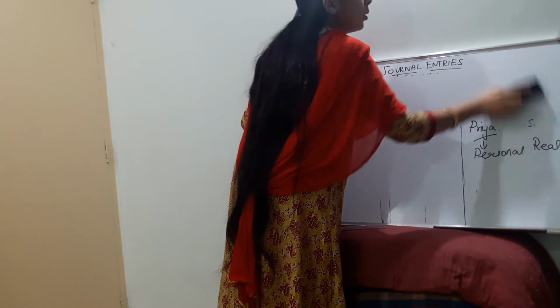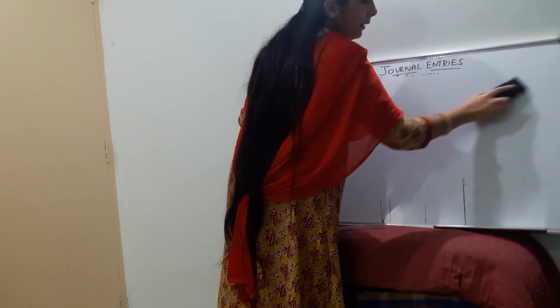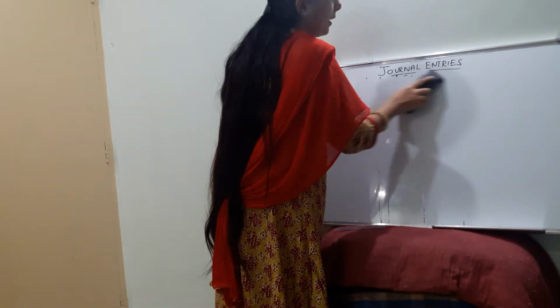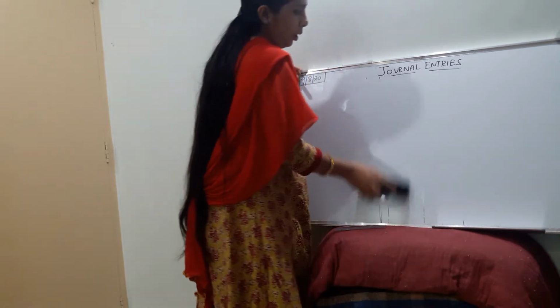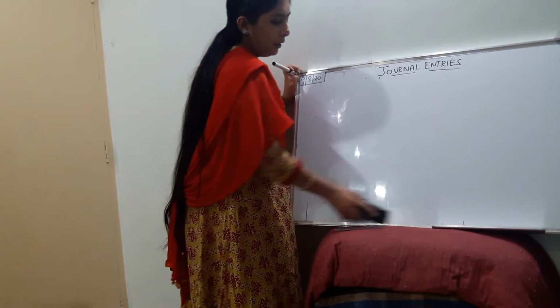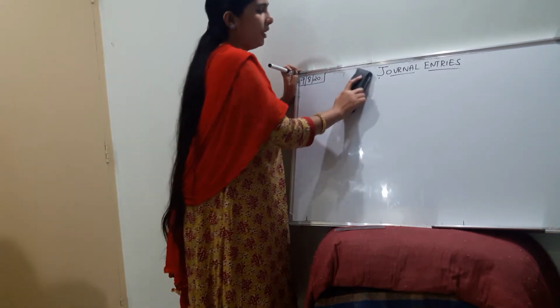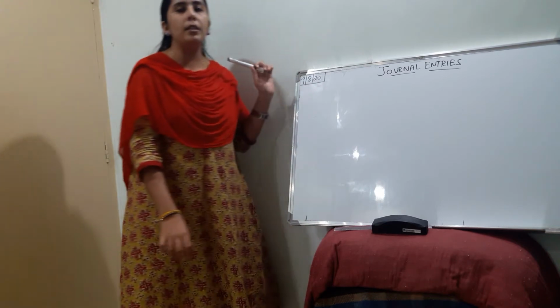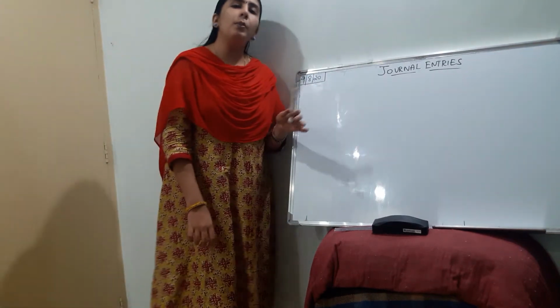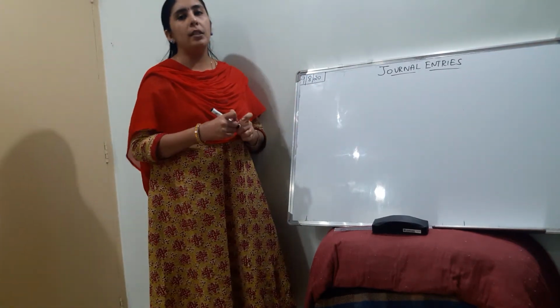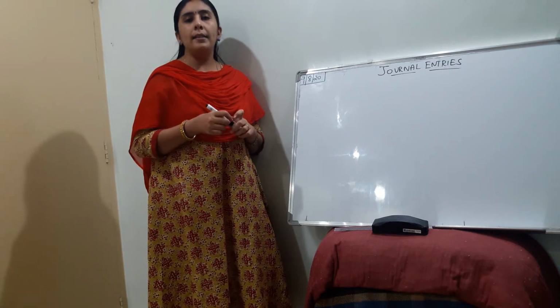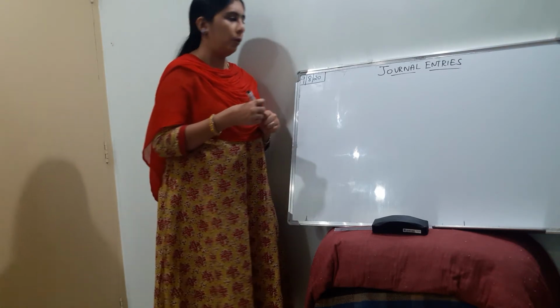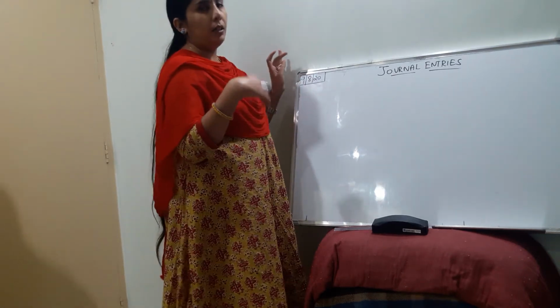So the purchase is always a debit account, sales is always a credit account. You all know that, because something comes into the business, that's why we are debiting it. Something goes out of the business by selling it, it's obvious that you receive money, that's fine. But from a business point of view, always a purchase is a debit account and a sale is a credit account.